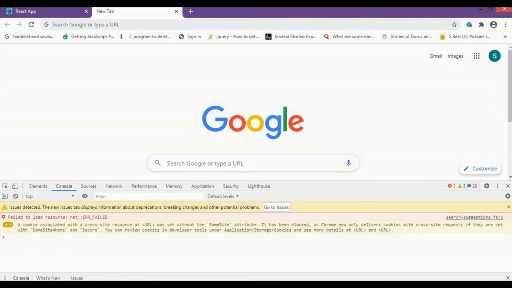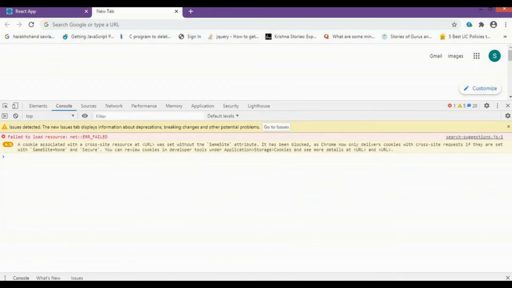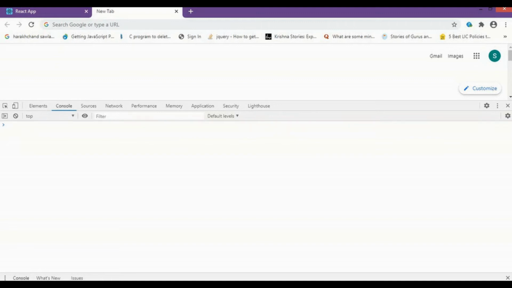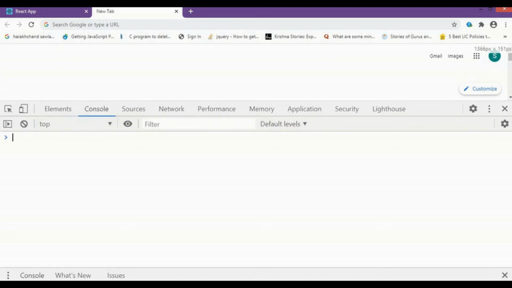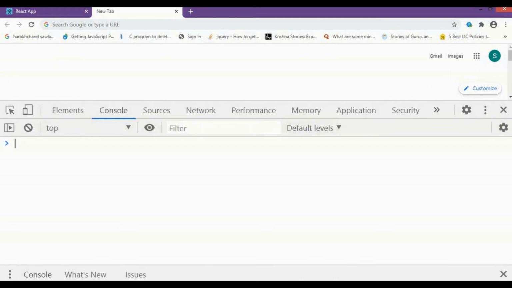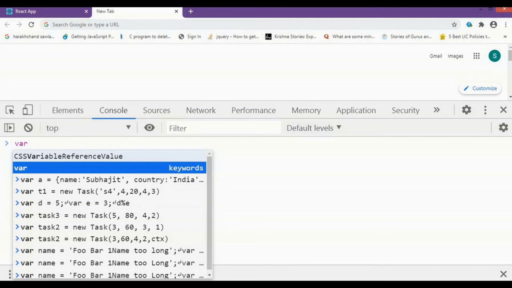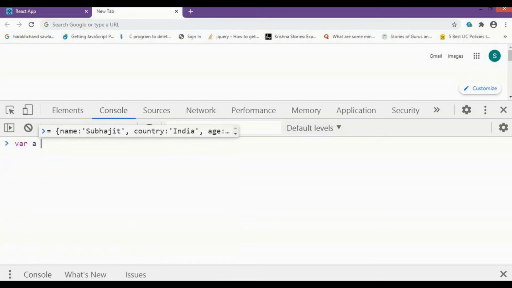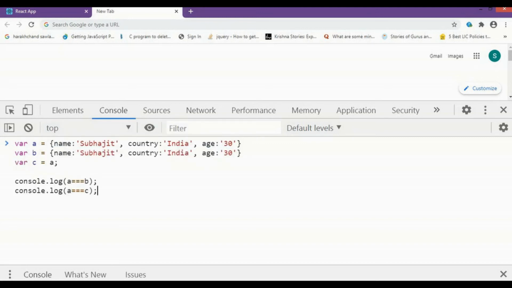So what is shallow comparison? Let's assume there is a variable named a, which is an object, already defined earlier, something like this.